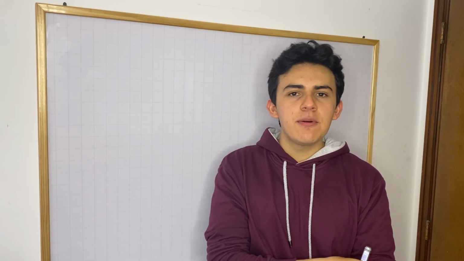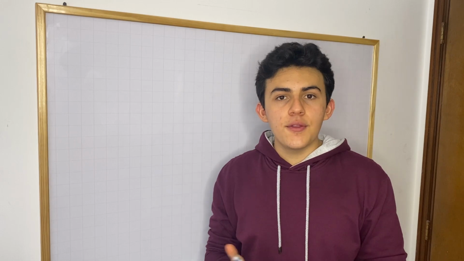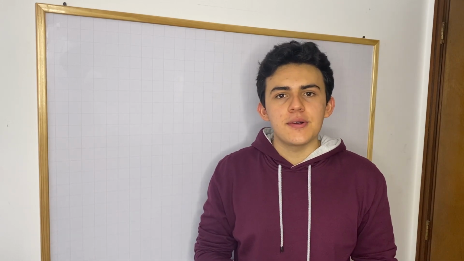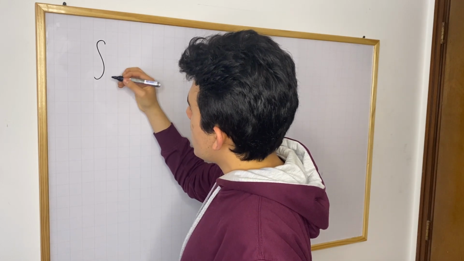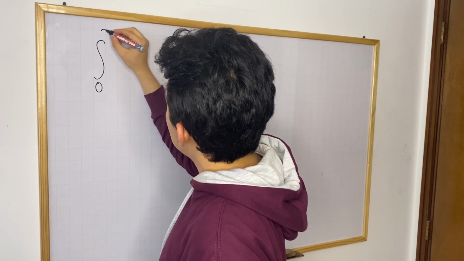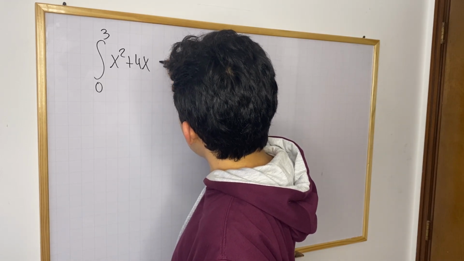Hi everyone, what's up? Today I want to show you some examples of how you can use the first fundamental theorem of calculus to compute definite integrals. So today we're going to begin with a pretty simple definite integral. We're going to have the integral from 0 to 3 of the function x squared plus 4x with respect